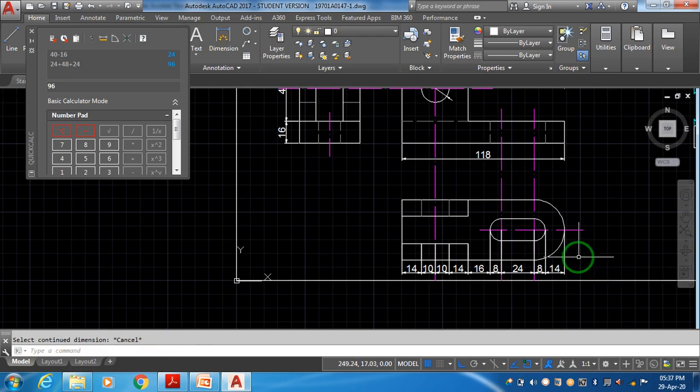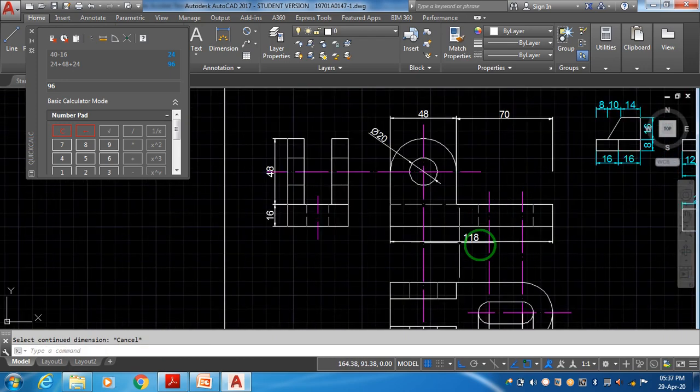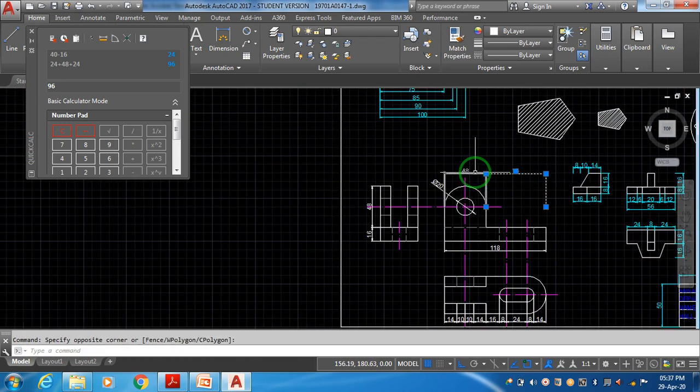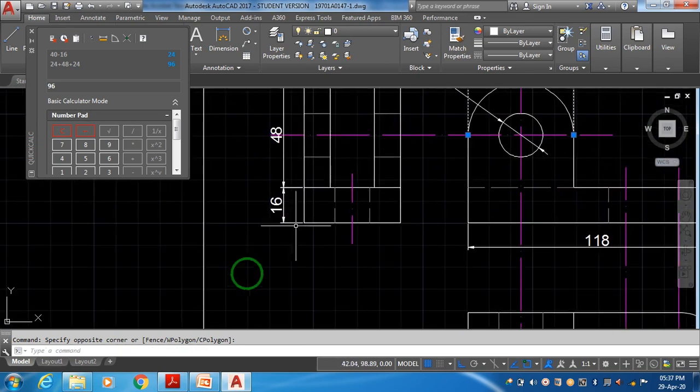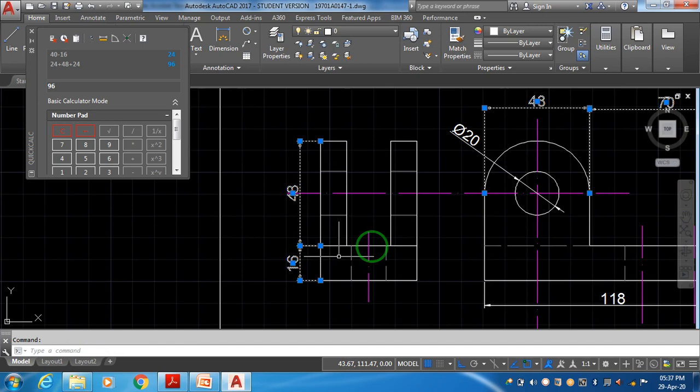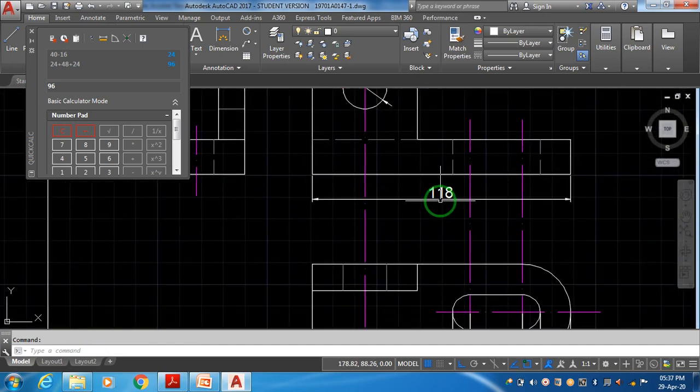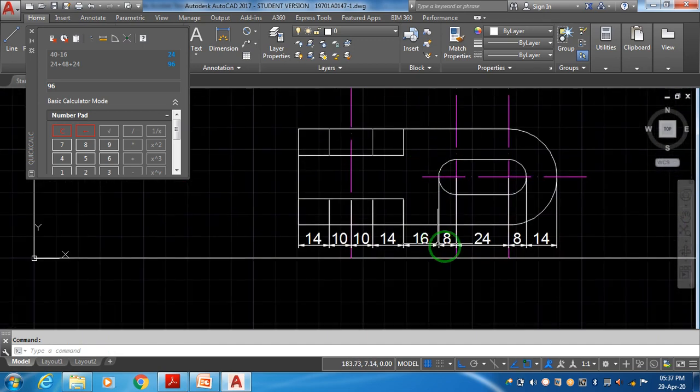Whatever dimension style you use, you can show it as it is, like length, height, and so on. Now select them, dimensions only, with the help of a cross window or directly by clicking on them. See, one by one you select with the help of the mouse. Take them all to the dimension layer.